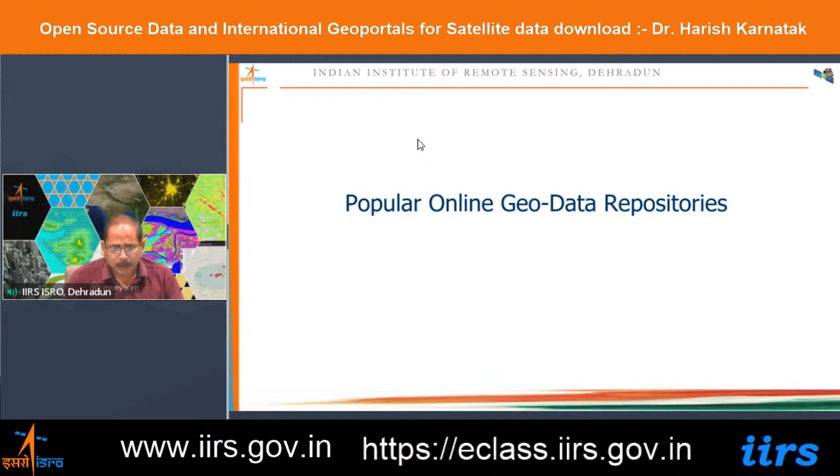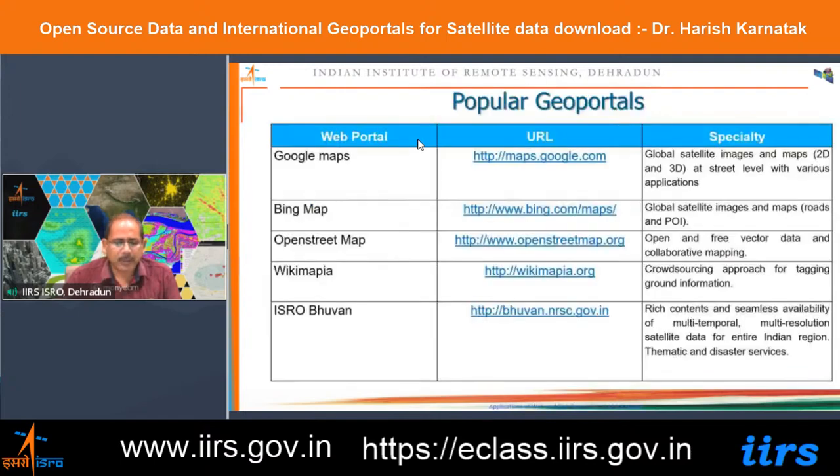Now come to the data repositories, which are very popular these days on the internet. So we'll start from popular geoportals you may be using, like Google Maps. Very popular geoportal. It is giving you the global satellite images and maps in the 2D and 3D domain at the street level with various applications. So what is the advantage of Google is you can definitely visualize the data. And when you are visualizing this data, at the same time you can also do some analytics on this data set, because